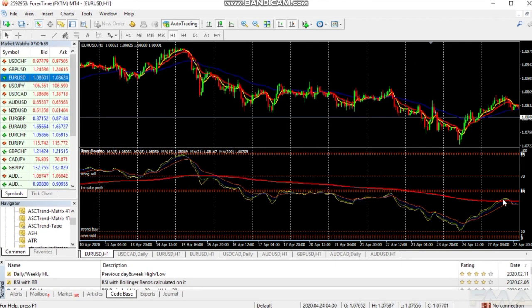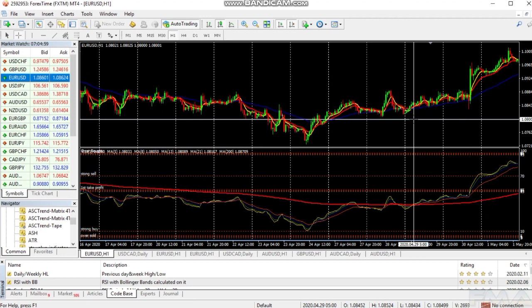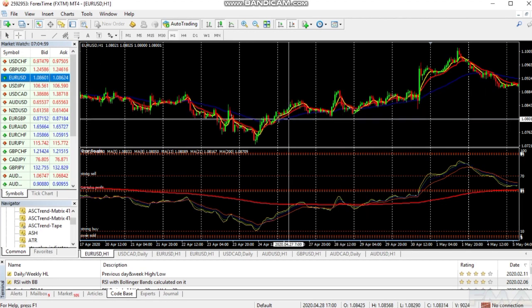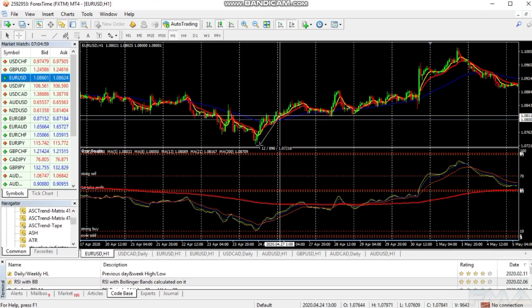So for a buy signal, wait for price to come below and wait for the cross. You can see there was a cross here, and we would have bought at this candle close. Stop loss here, profit target 5 times the stop loss, that's 5%, but I will only exit the trade once price has moved 1%